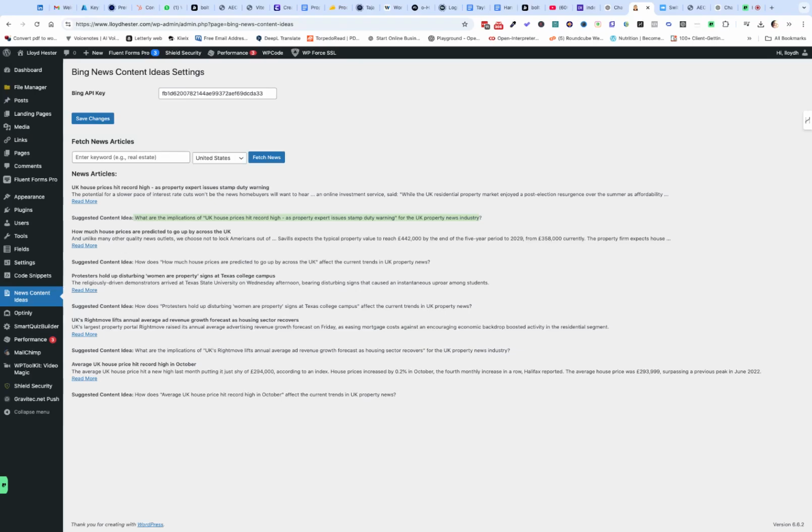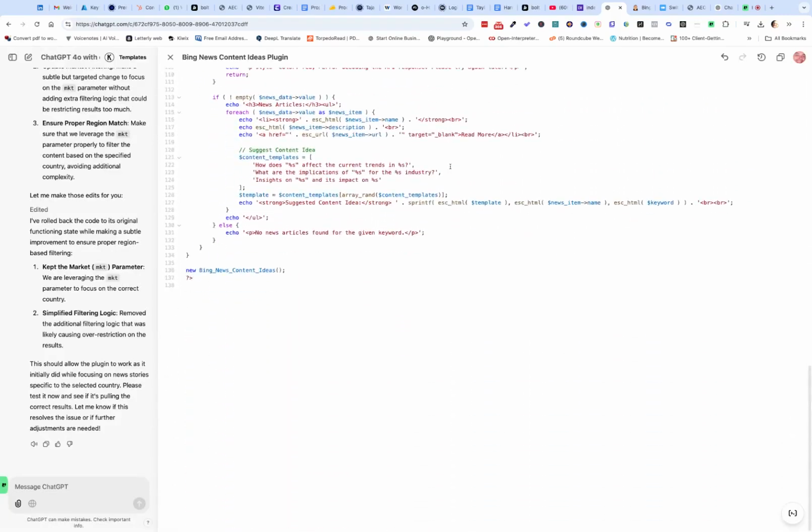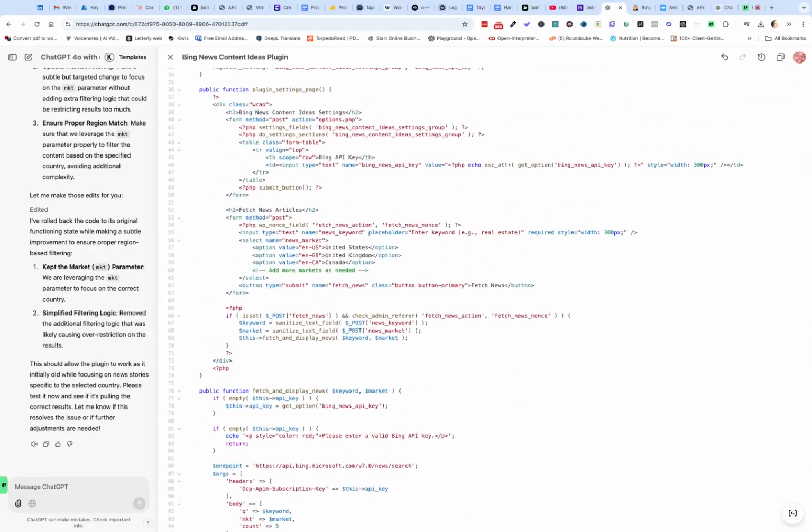But the point I'm making isn't whether or not this is a great app or plugin. It needs time. But the fact that I was able to produce this in literally a couple of minutes, it's just incredible, really. I then tried changing it. I did actually make some changes to it, and then it didn't show me anything. It didn't do the changes properly. So I've got to rework the code. So I rolled it back because I just wanted to do this video to show you guys exactly how easy and simple it